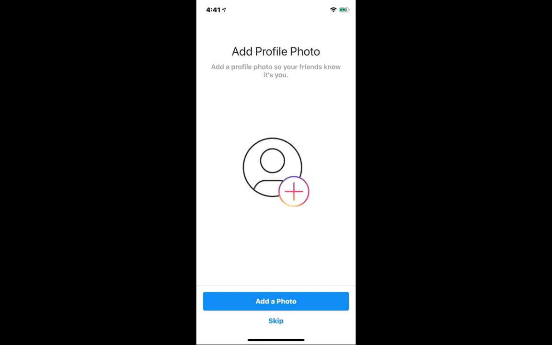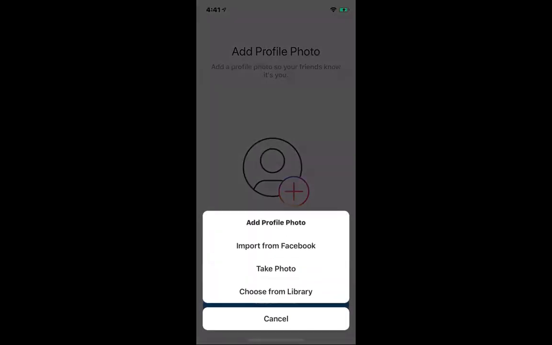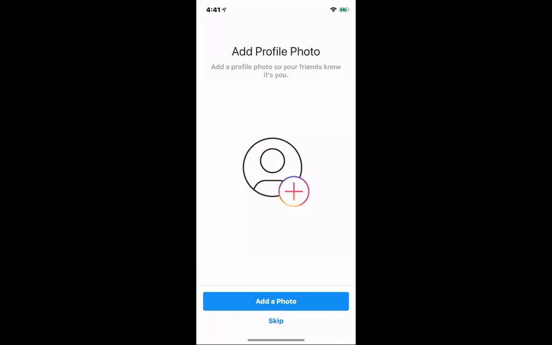And that's somewhat of a pain for some businesses, because this is a phone-based app, you want to make sure that you've got the images on your phone, or make sure that you're using a posting tool like Hootsuite or Buffer that allows you to post to Instagram from your desktop, but that's a whole different webinar. So you'd add your profile photo. For right now, I don't think I have any, well, I guess we could import from Facebook. That's fine. Continue,